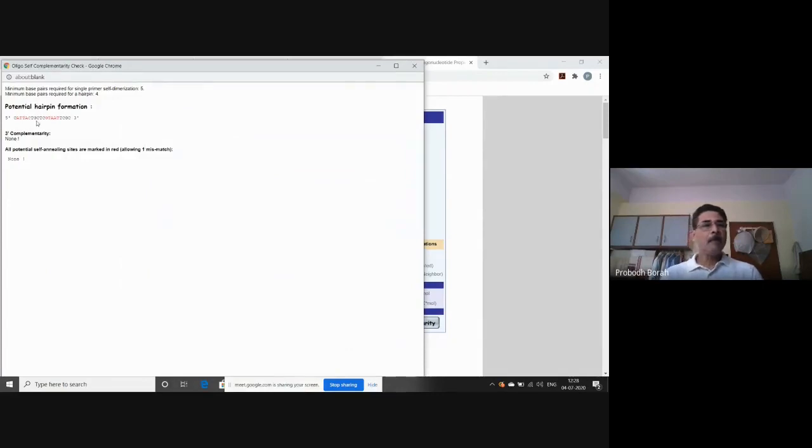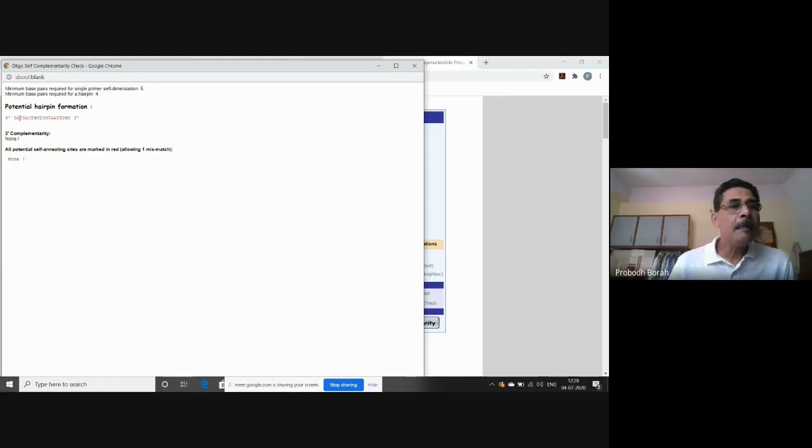So for potential hairpin formation, it is showing one region where there is a probability of hairpin formation. You see, these 5 nucleotides in red, ATTAC, have a tendency to join with another part of the same primer, GTAATT.